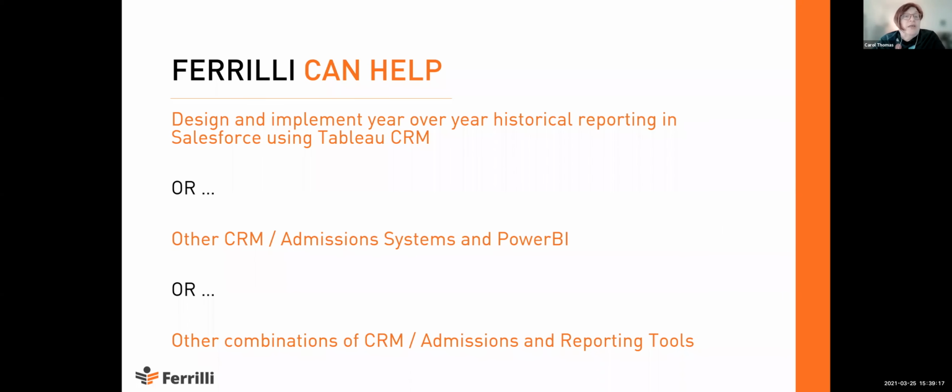So I just want to say that Forelli can help, and this is one of the areas that I'm quite passionate about. So I really do hope it gives you a flavor of what's possible. We can help to design and implement your year-over-year historical reporting in Salesforce using Tableau CRM, or in another CRM or admission system using Power BI, which is another tool set we use a lot, or other combinations of admissions